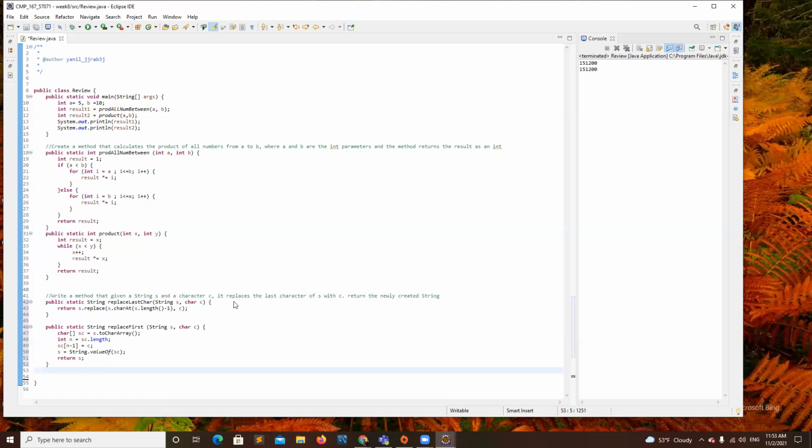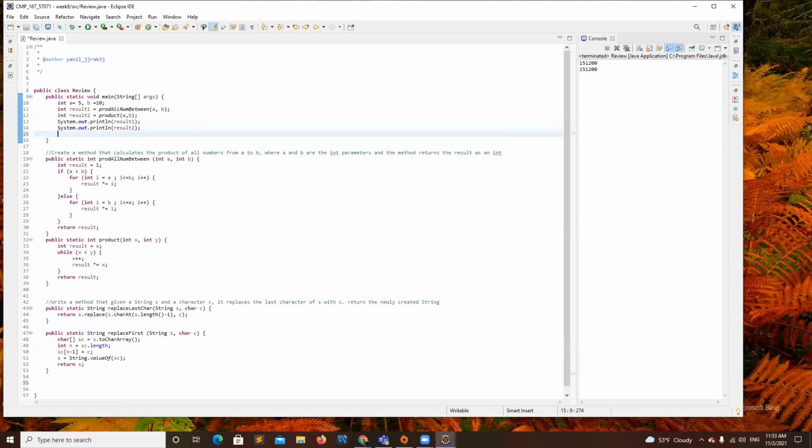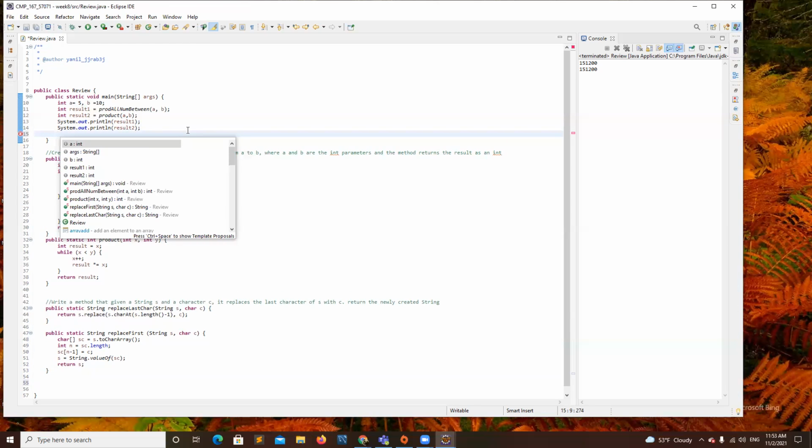I can show you the implementation, but you guys will see it later on. But for now, let's just test these two methods. Just for the sake of the examples, let's assume that all of them work correctly, and the only character that we're going to be replacing is the last one, right?